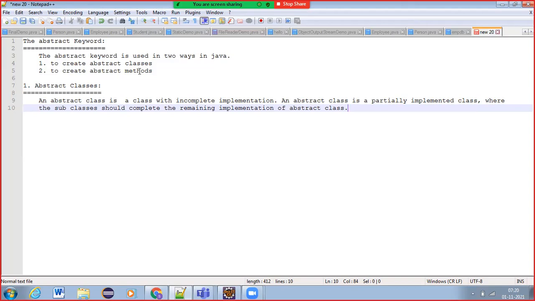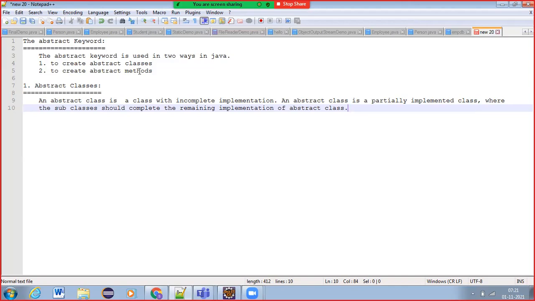Not even half, it can be any percent, 10% or 80% or 50% or 90% or 95%, but certainly some implementation would remain to be given by the subclasses.